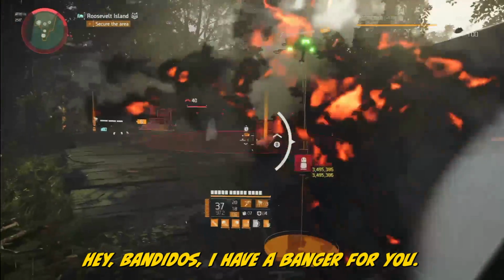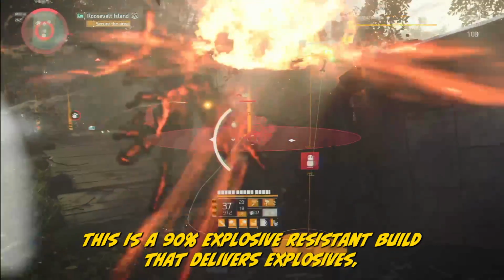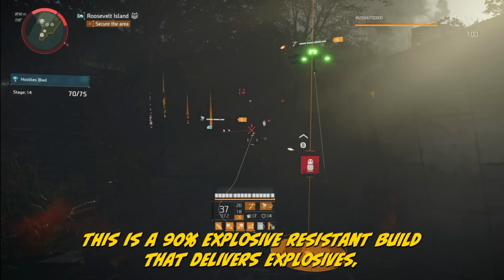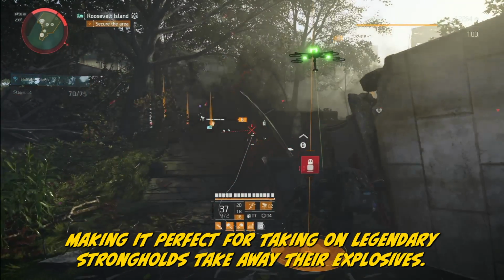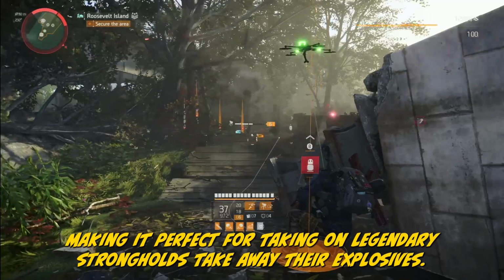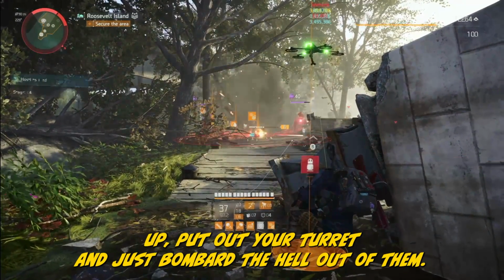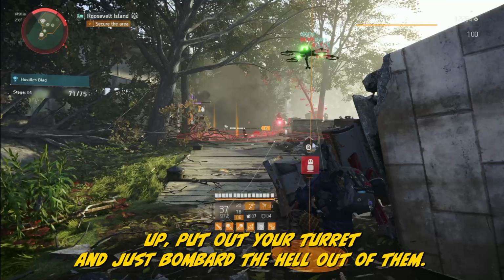Hey Bandidos, I have a banger for you. This is a 90% explosive resistant build that delivers explosives, making it perfect for taking on legendary strongholds. Take away their explosives, they got nothing on you. All you need is a really good place to post up, put out your turret, and just bombard the hell